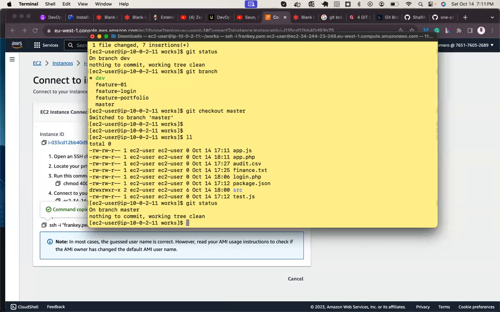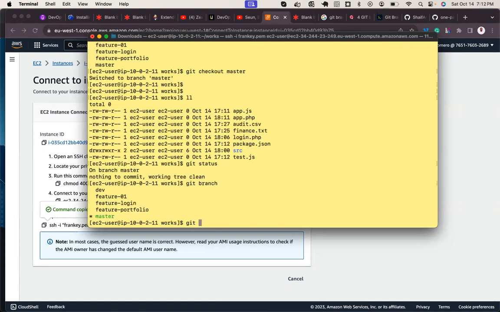Now I need to merge dev again. So here's what I will do. I'm on master branch. I say git merge dev.